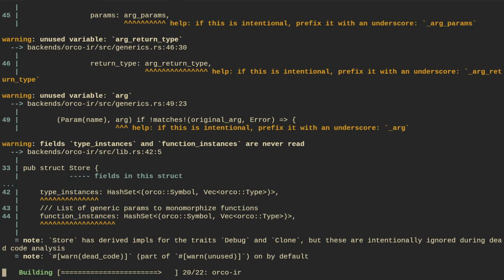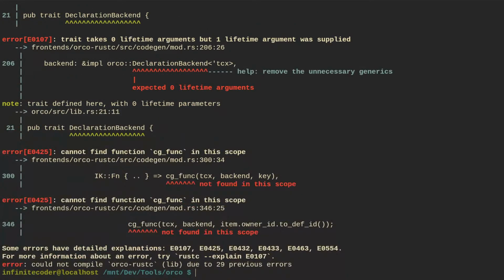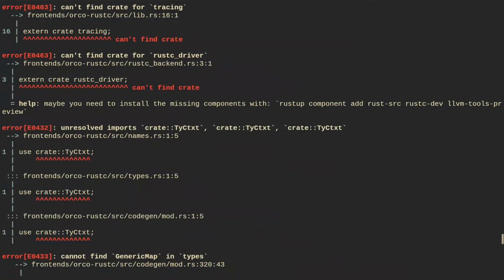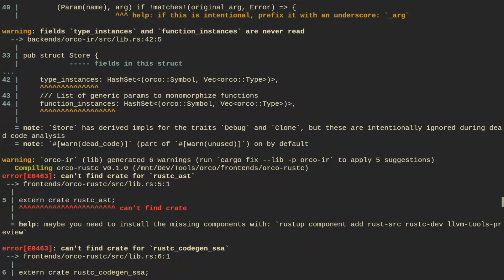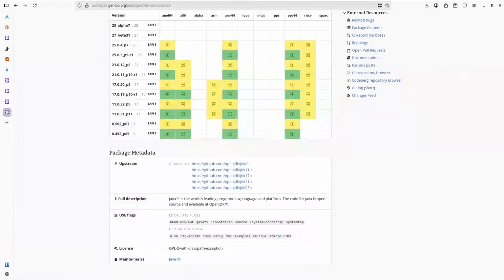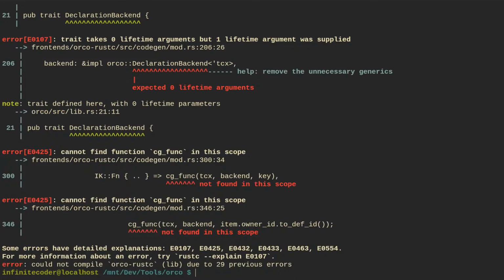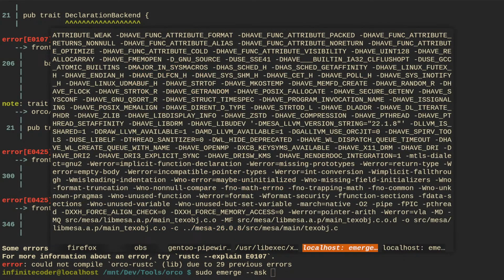Let's see if I can compile this or get close to compiling this, I guess. Alright, rustc. I don't have rustup. I will have to install rustup, wait. Sudo emerge. By the way, you can run multiple instances of emerge, I guess, as far as I can see.